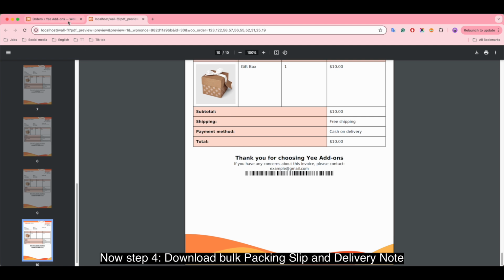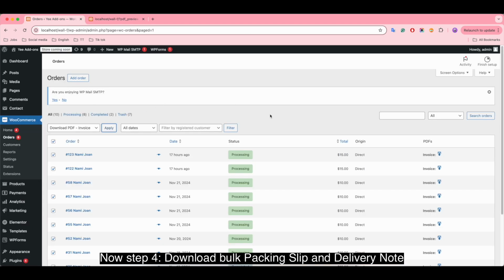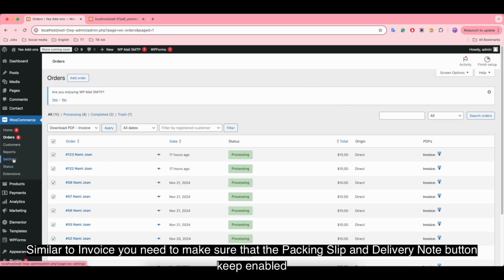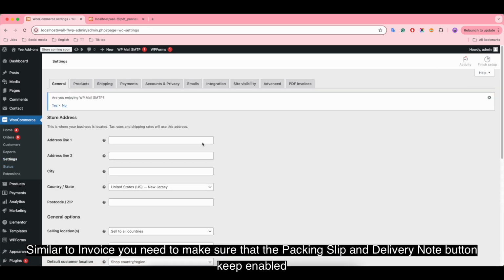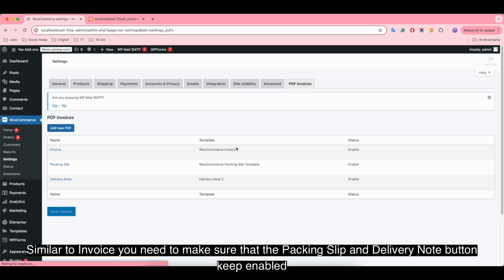And Step 4. Download multiple packing slip and delivery note. Similar to invoice, you need to make sure that the packing slip and delivery note button is enabled.